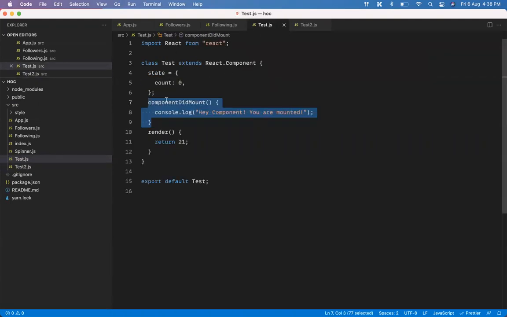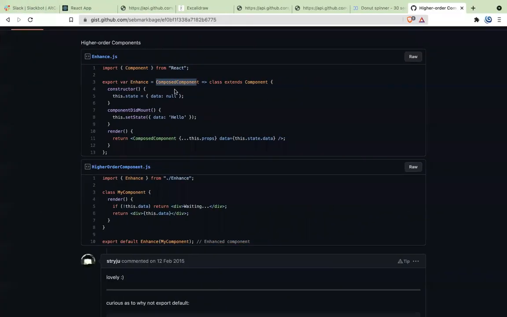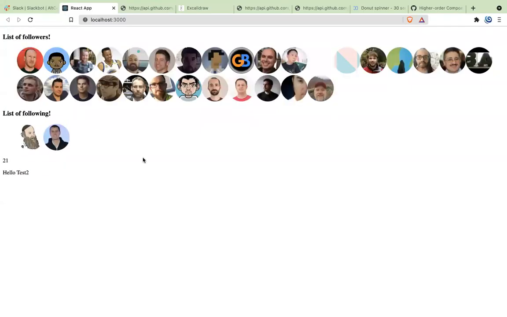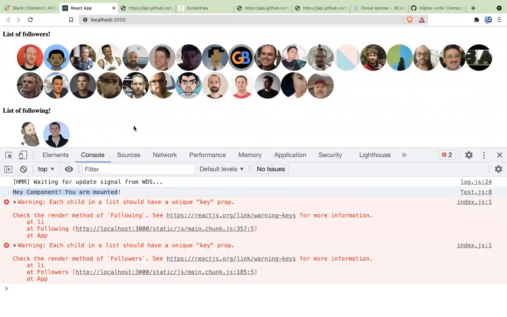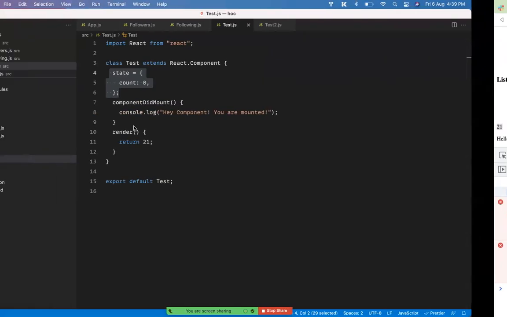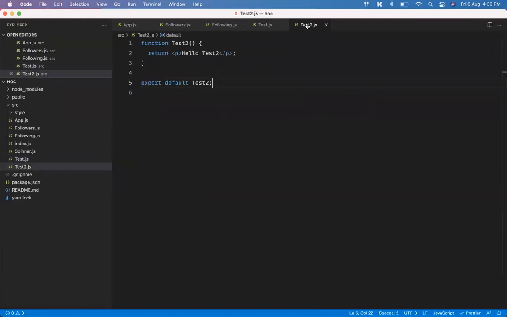It means that I need this log to happen 2 times. I need it to also have count at 0. Now, if you just go ahead and refresh it, you have 21, that is obviously of no need. But here you can see the component is only coming 1 time. I want to use it inside test2. Okay, all good?